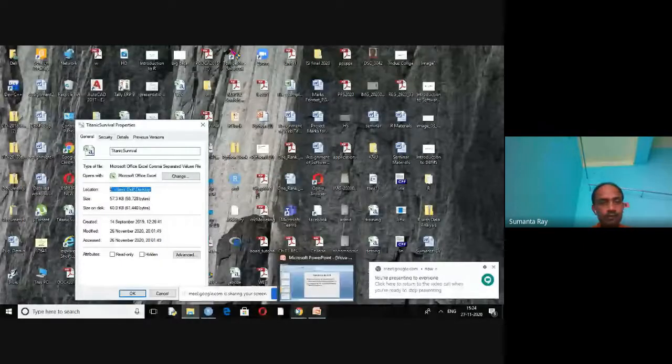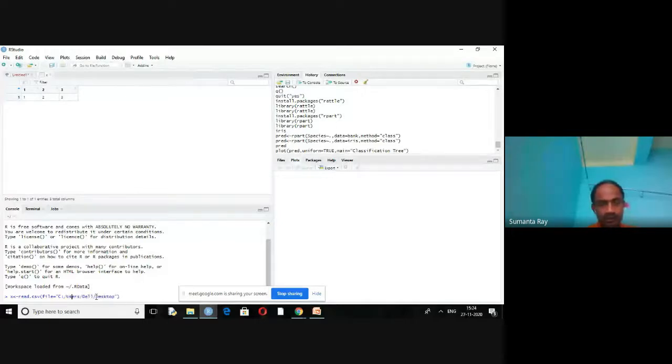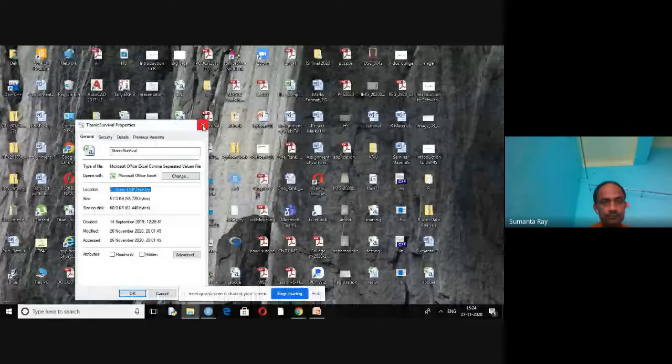Paste it here. And after that, change the slash. After giving the slash, write down the file name. What is the file name? The file name is this one.